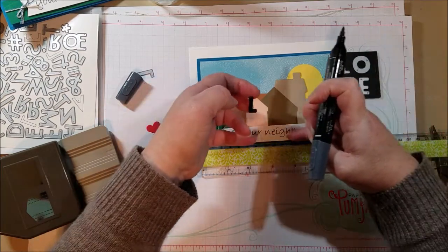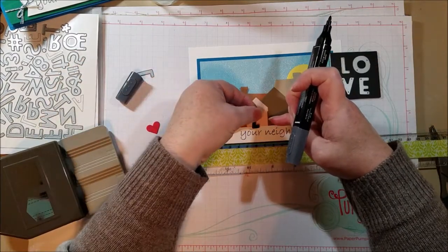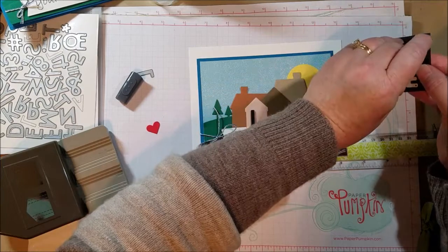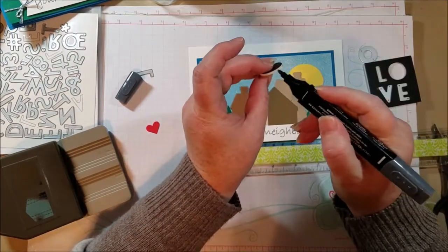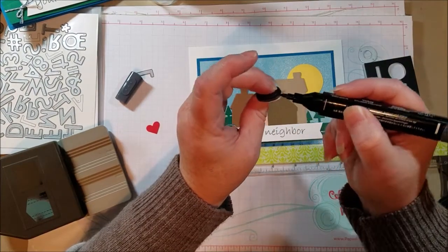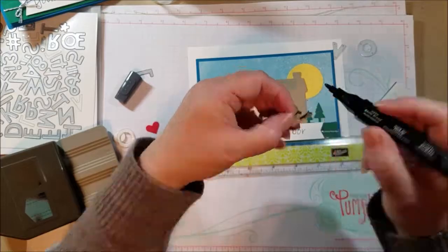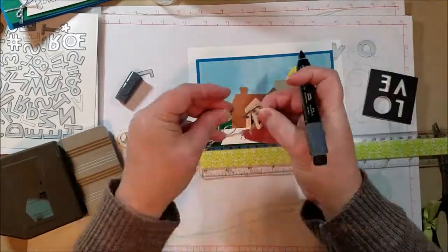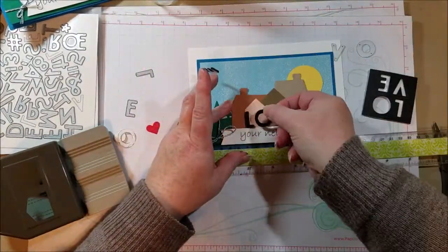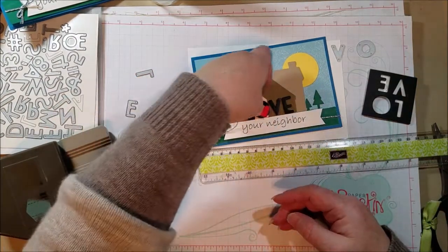So I'm just kind of going in. So I know that I want my O to be about above my N for neighbor. So I'm going to put my L there. And sometimes when I'm putting things down, I start with the middle letter, and I could have done that. So now we're going to blacken this, and I'll do the rest of this on fast forward so you don't have to watch me coloring foam. Okay, so I've got my love down, and then I just have that little heart to add,